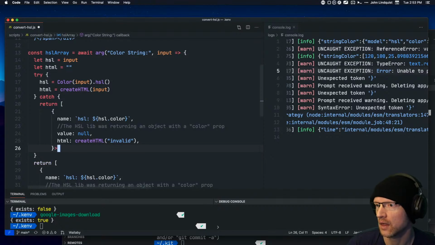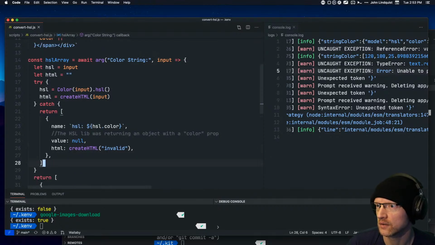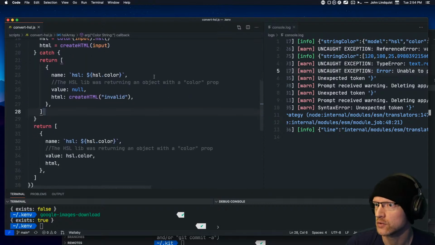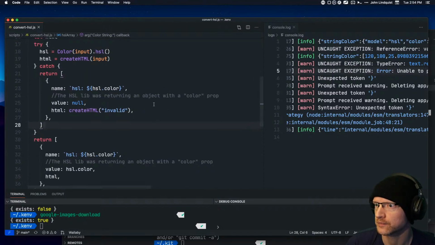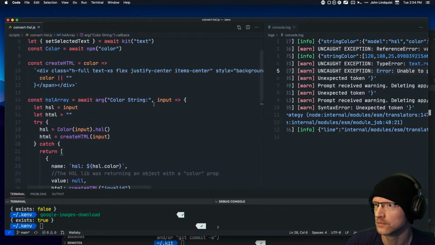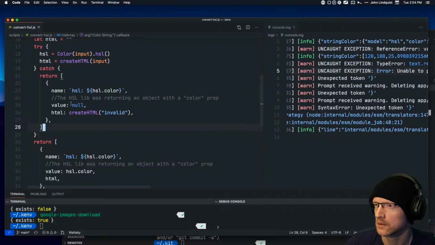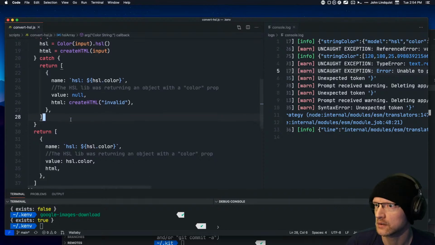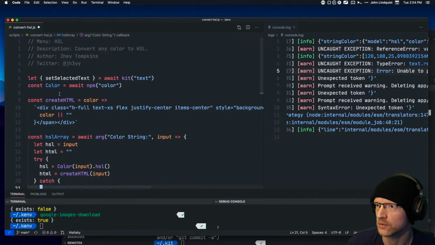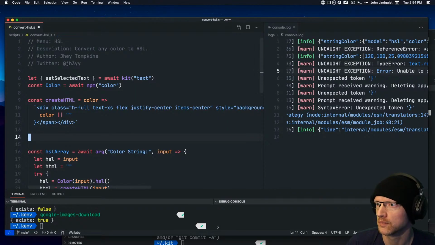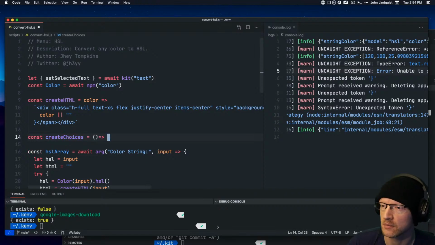And we can probably capture this as a function too. Create choices. And this can be